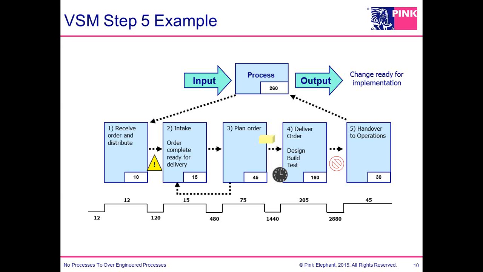So in other words, underneath step 1, you see the 12 and then the 120. The 12 is the actual time, so the standard says we thought it would be done in 10. It's taking us now 12 minutes. The 120 is the lead time of minutes in between. You can see the 15 in step 2 of standard, 15 duration, so we were right on, but 480 minutes of wait time in between there. And oh, by the way, now we had to send some stuff back.